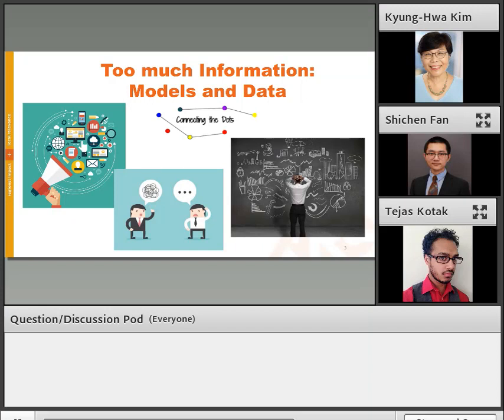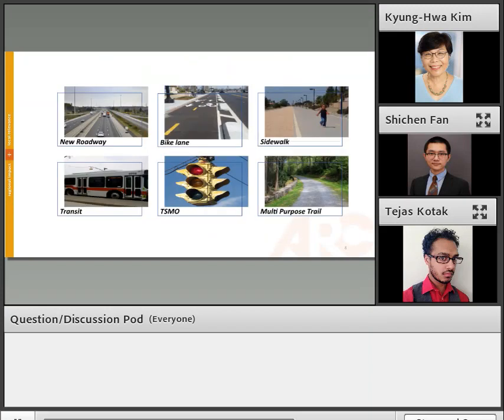Because the numbers hold many stories and different types of truths too. How we interpret the data makes a big difference to the story. So the problem is not that we don't have enough data, but rather that we don't have the right data. As we all agree, transportation issues are very complicated.